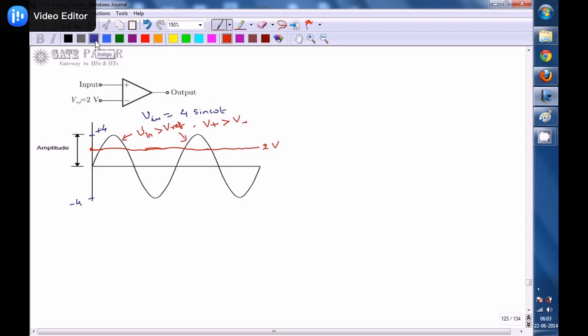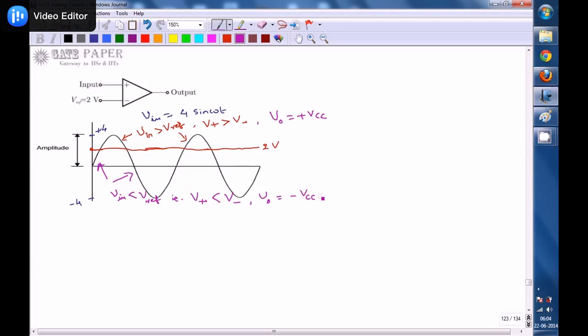Whereas for the below portion, for these portions, V input is going to be less than V reference. That implies nothing but V positive, that is voltage at the non-inverting terminal, is lesser than voltage at the inverting terminal. So during these portions V0 will be at plus VCC, and during these portions V0 will be at minus VCC